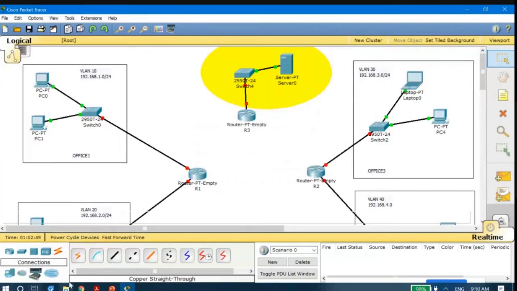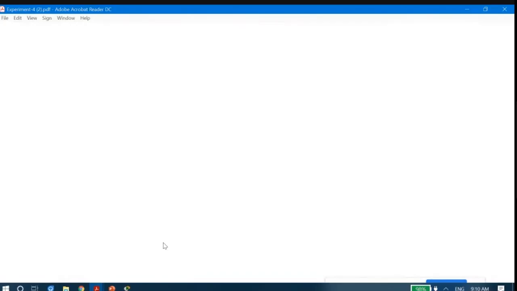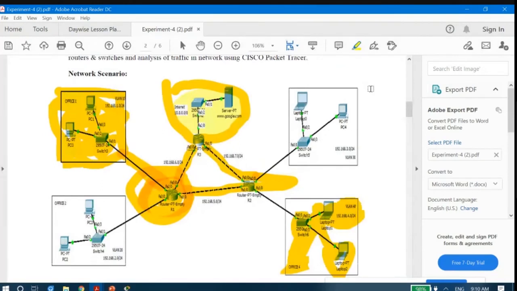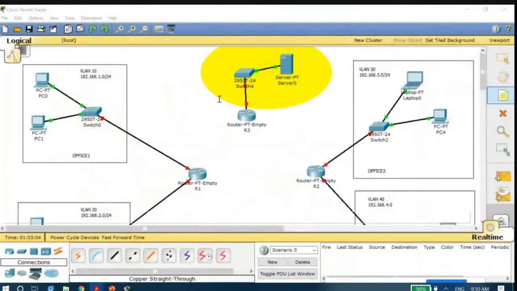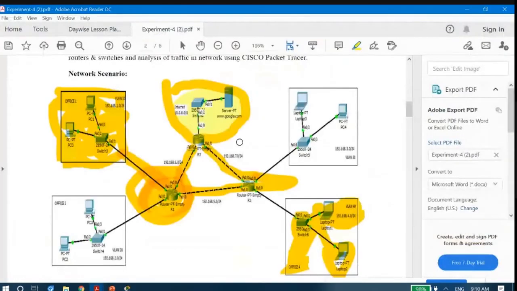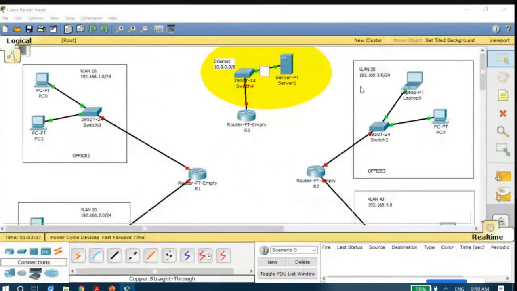IP address was there. Dot 0.0. Actually, this will not be executed.